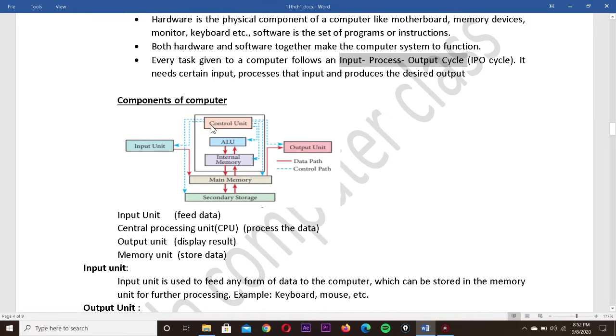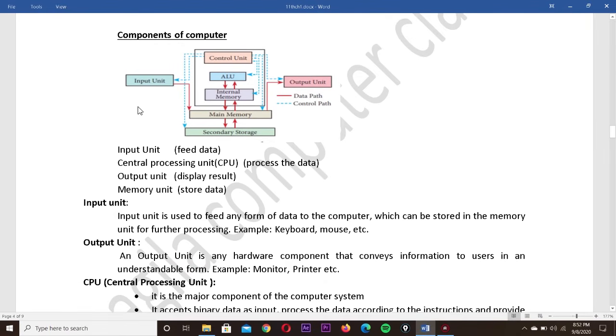very easily. Now the control unit, you know its operations: it controls all the operations or all the units of the computer system. So from here we drew a dotted line to all the units, right? You have to draw the dotted lines for all the units, okay.